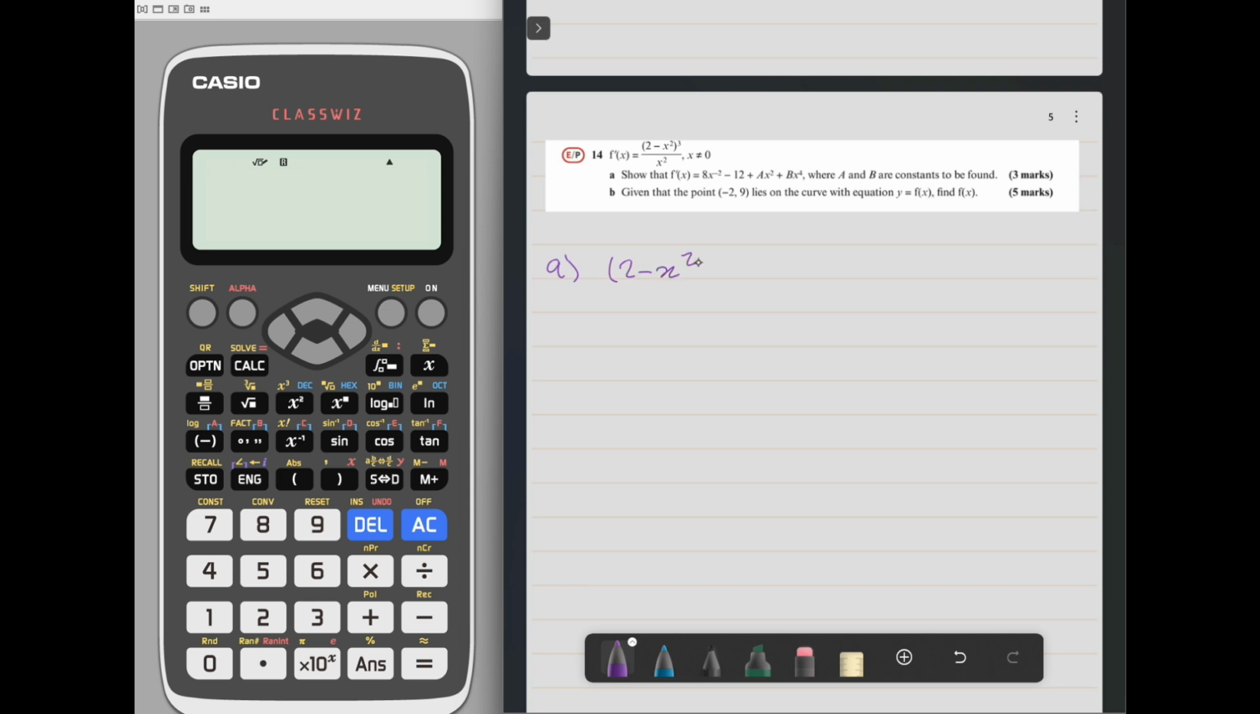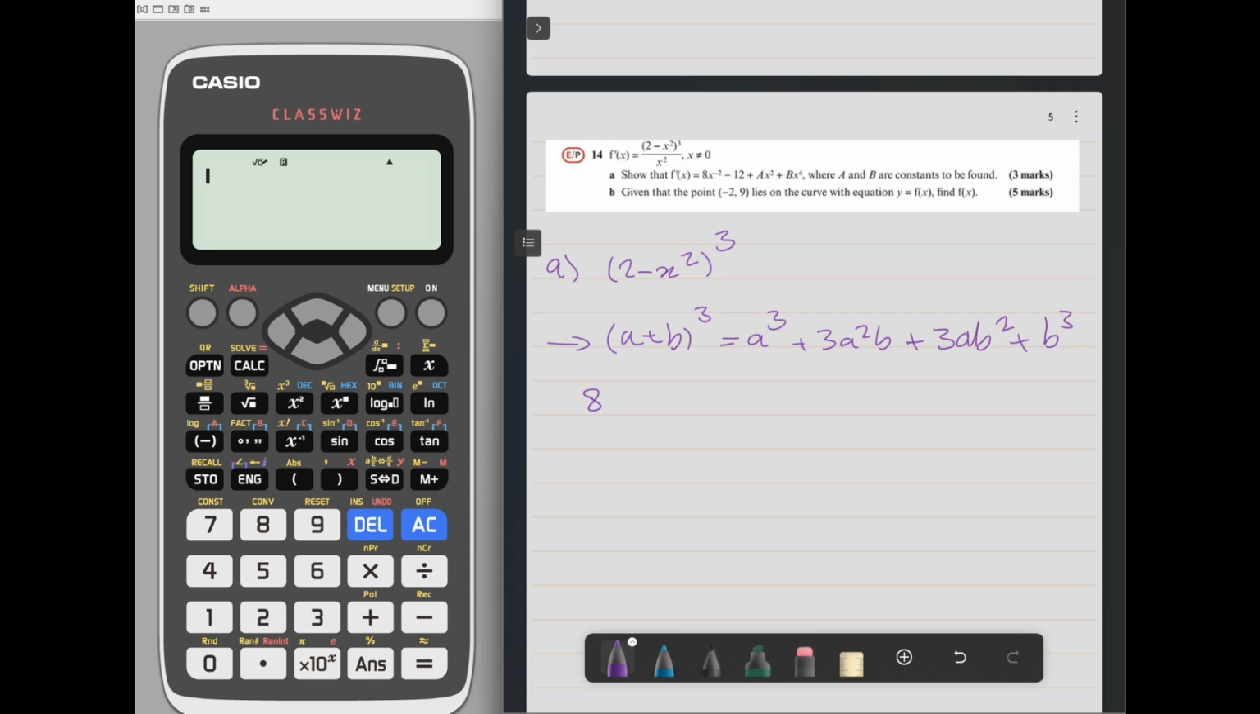2 minus x squared to the power of 3. I did the expansion in the previous session, but we know that (a plus b) to the power of 3 is going to be a to the power of 3 plus 3a squared b plus 3ab squared plus b cubed. It is a cube. So I'm just going to do 2 to the power of 3,